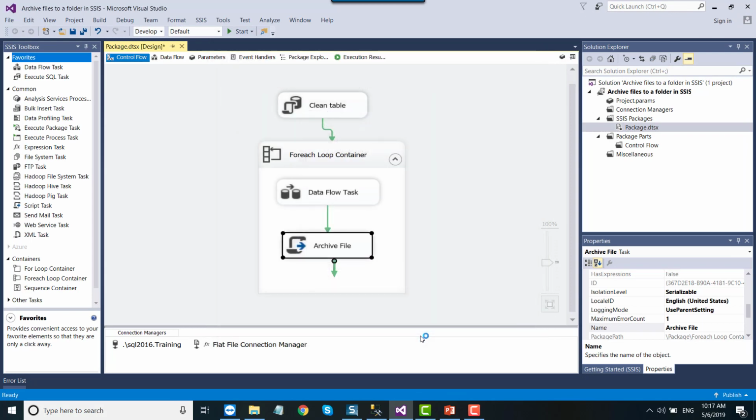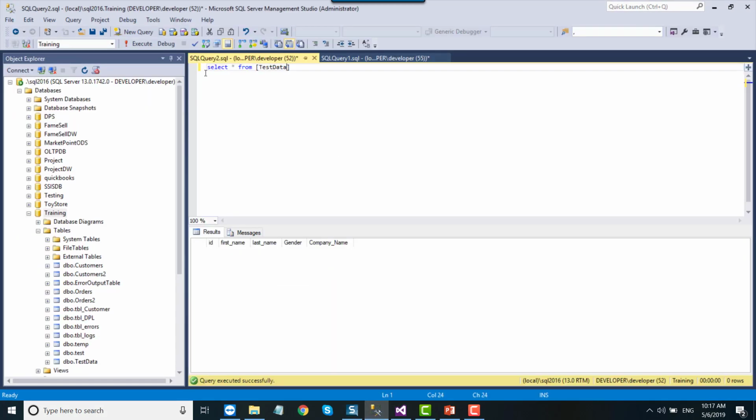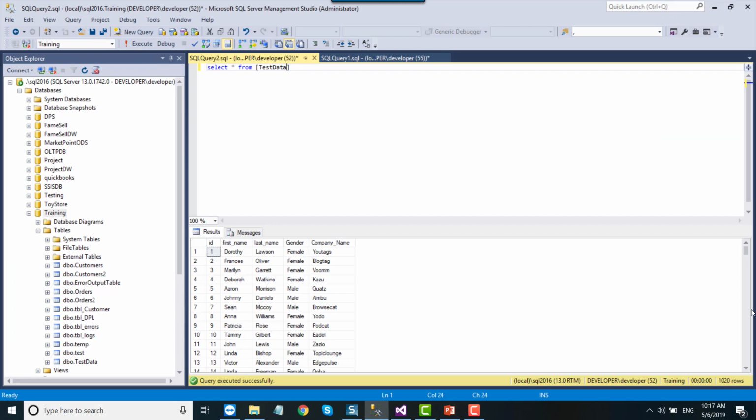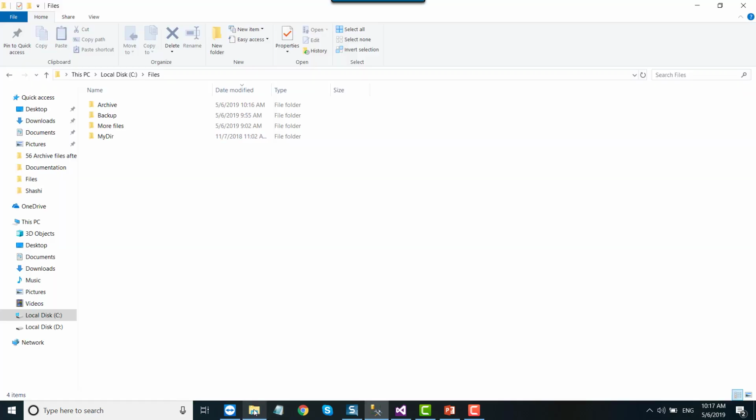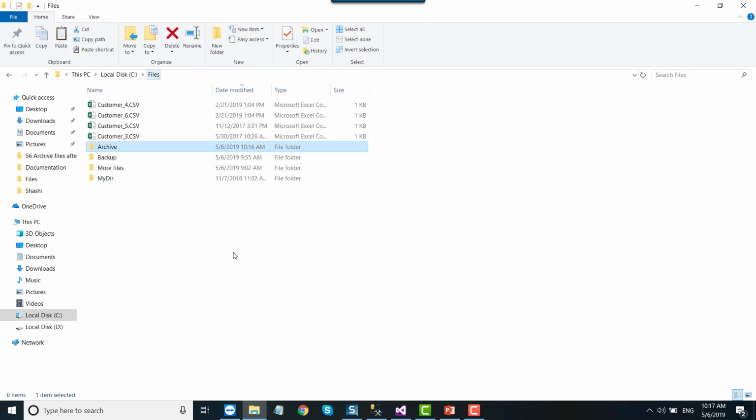Okay, if you want to check the data in the SQL Server table, you can see that it has loaded two files. The first file had 1000 records, the second file had 20 records. Now what I want to show you is that the archive folder contains two files. Let me process more files. For example, I copied four files from here. And for example, if I copy one more file from here that is already processed, I put the second file as well.